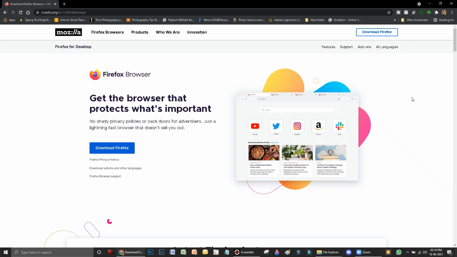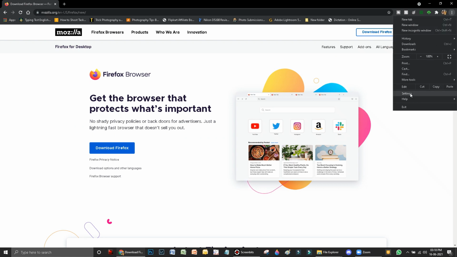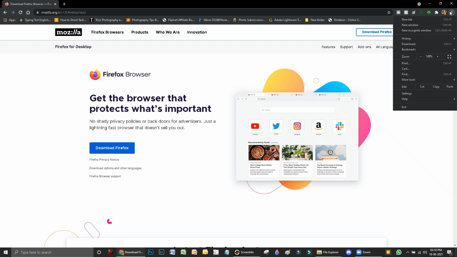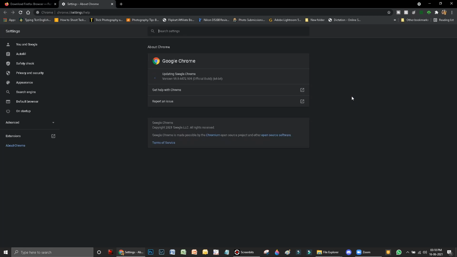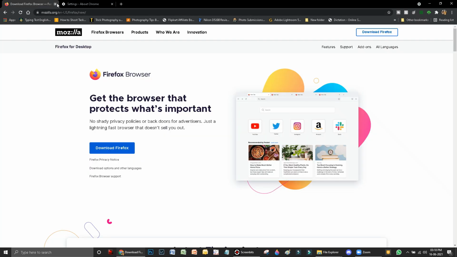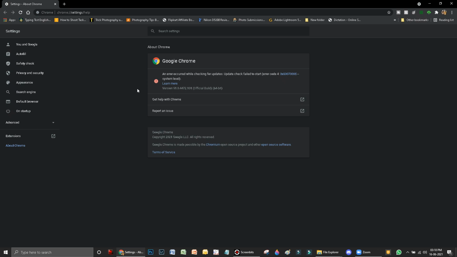Now there might be some problem with Google Chrome as well sometimes. So you can update Chrome. For that, you will have to go to help and about Google Chrome. Again, you click on the three dots on the top right, then you go to help and about Google Chrome. As soon as you click on about, it checks for updates automatically. Mine is already updated, but some error is happening here. This might happen with you as well. Keep trying three or four times, it will update eventually. Once Google Chrome is updated, there should not be any problem with it.